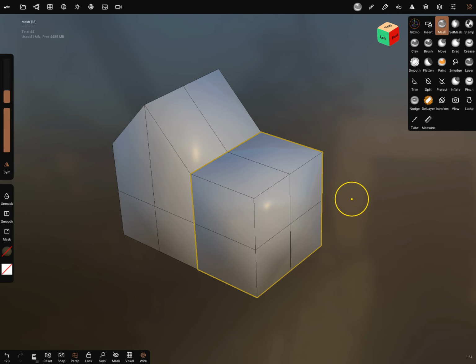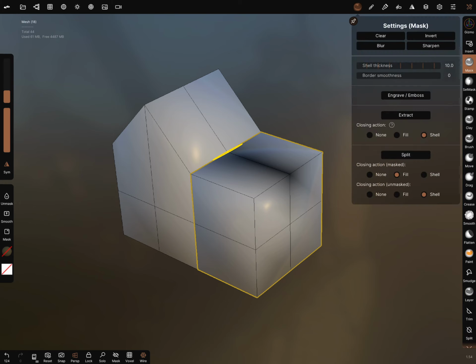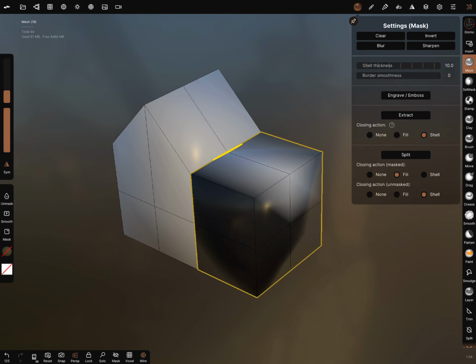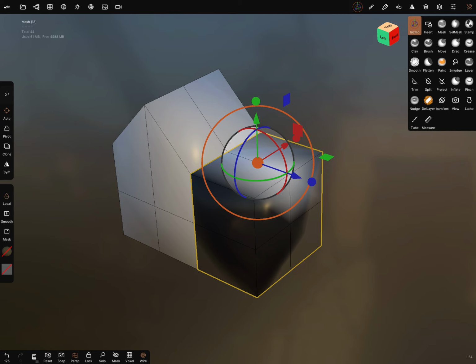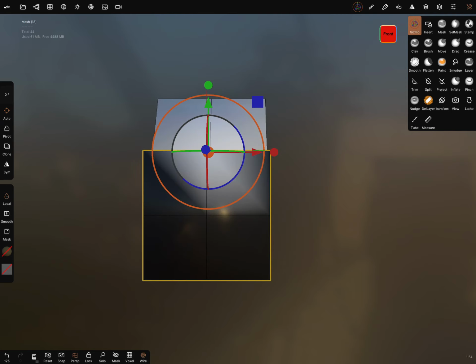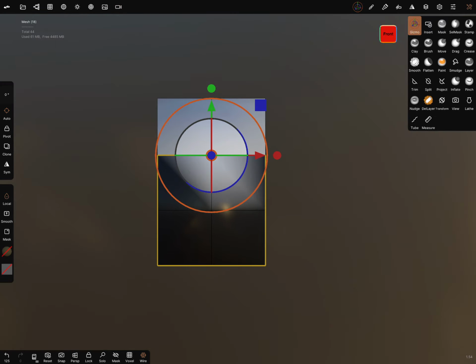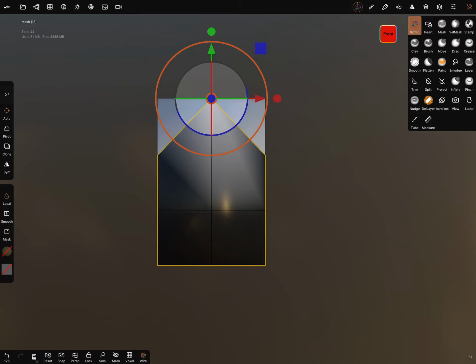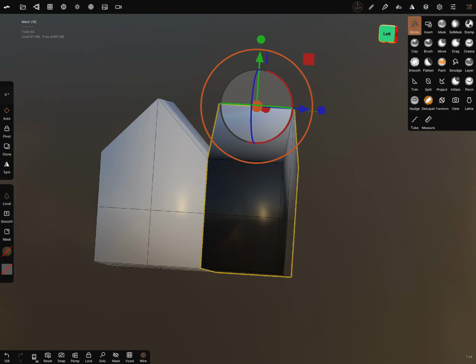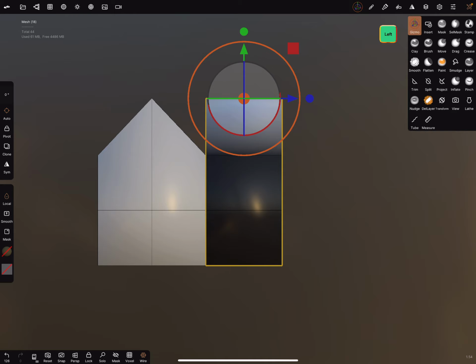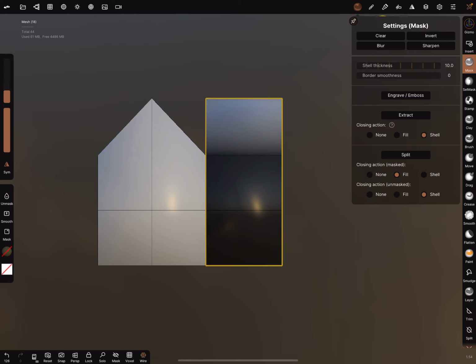We can go to the mask, and we mask this one. And now we have to invert the mask. Go to the gizmo tool, and in the front view, we need orthographic view. In the front view, we can bring the roof up to the other roof. Now we go to the left view, go to the mask, clear the mask,